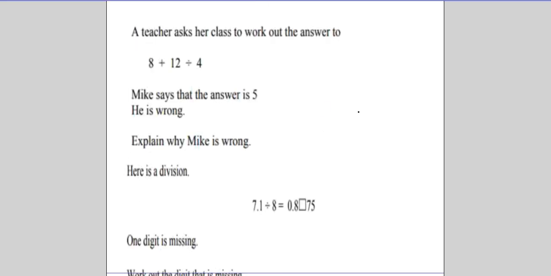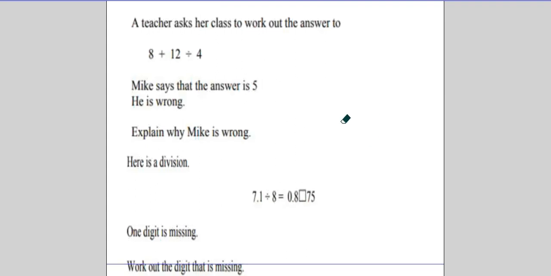The last page for this worksheet is this. A teacher asks her class to work out the answer to 8 plus 12 divided by 4. Mike says the answer is 5. He is wrong. Explain why Mike is wrong. Let us check the correct answer before we judge